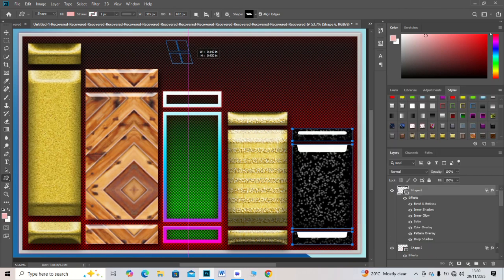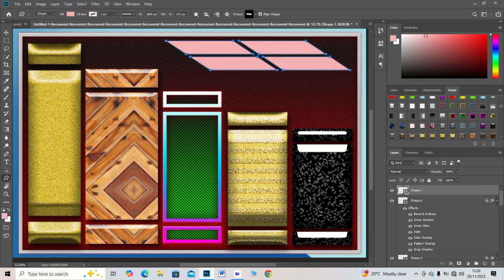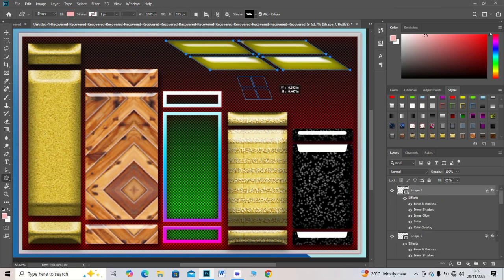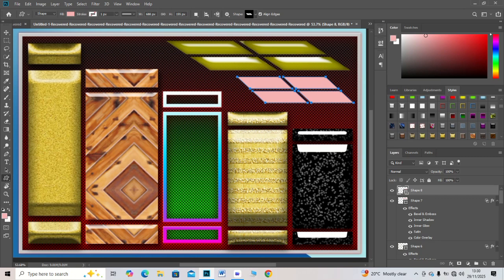Add labels under each icon. Use clean, thin text for modern style. Check spacing between all elements. Adjust alignment until perfect. Your minimal